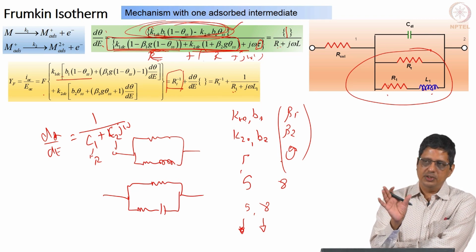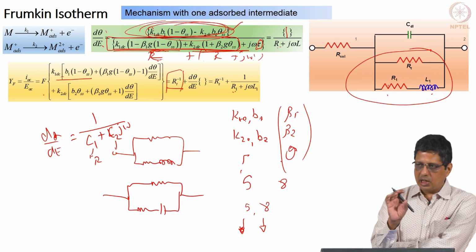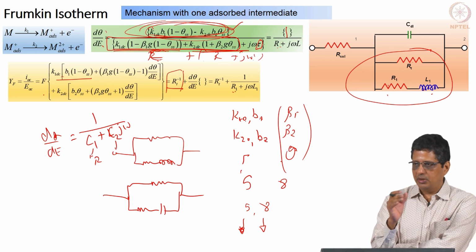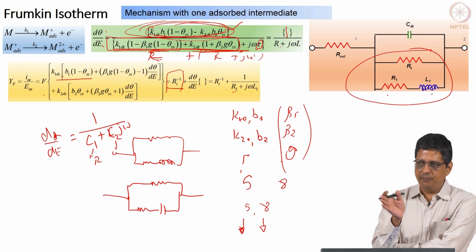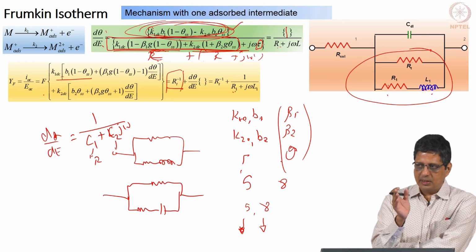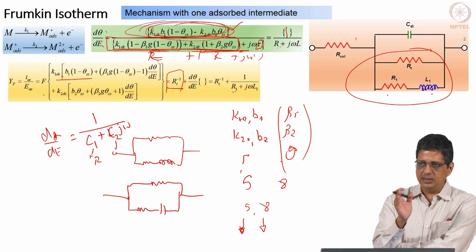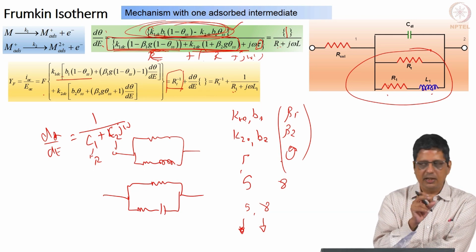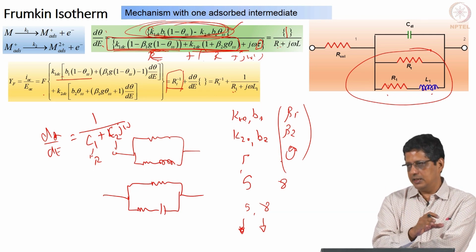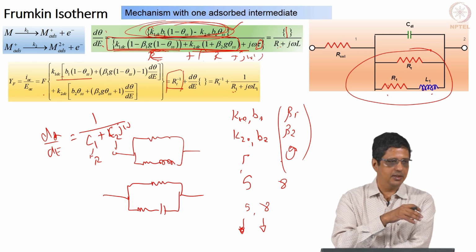At the top level, to know how many loops I can get, or what kind of mechanism I should use to model an observed spectrum or multiple spectra, you need to count the time constants. Except for the high frequency impedance which comes from the double layer, the total number of time constants you get tells you the total number of intermediate species, regardless of whether we say it is following a Langmuir isotherm or a more complicated isotherm.